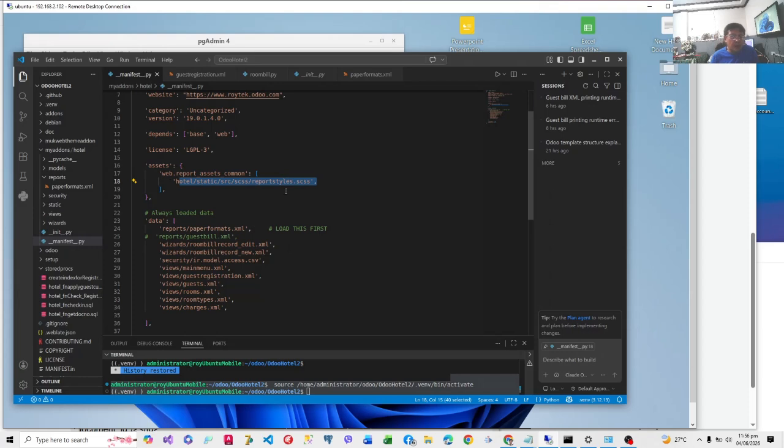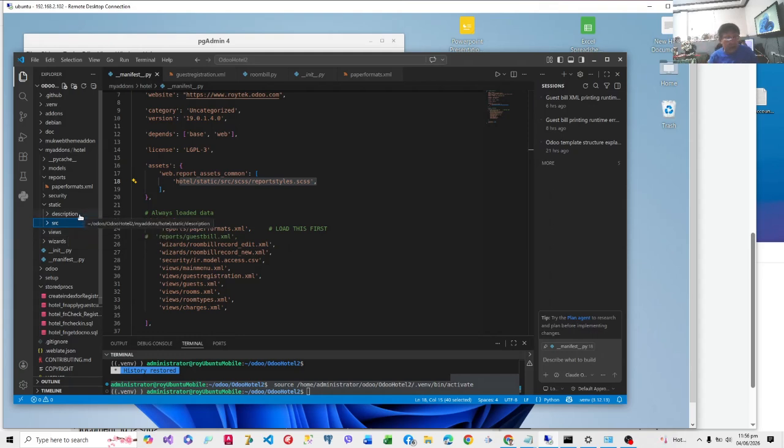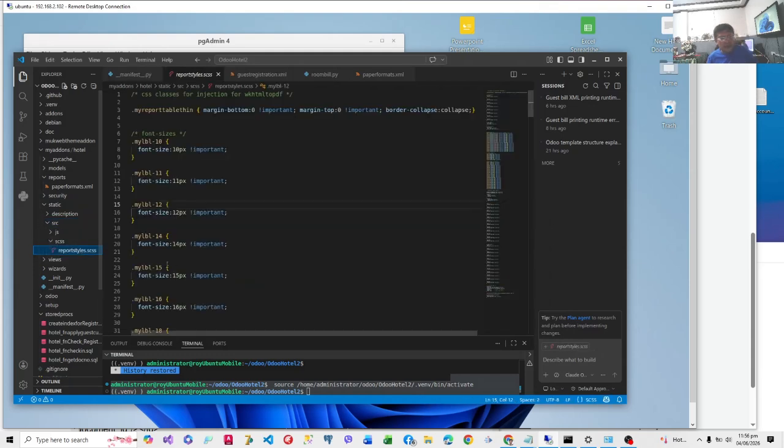So in our hotel module we will have a static folder, and we have an src, and we have SCSS, because SCSS will allow us to make looping and other logical operations, that are an expansion of a typical CSS file, where only purely styles are used. We have here src, and then we have reports, SCSS, report styles. Here are my suggested report styles. I have worked with this for a long time and they usually work.